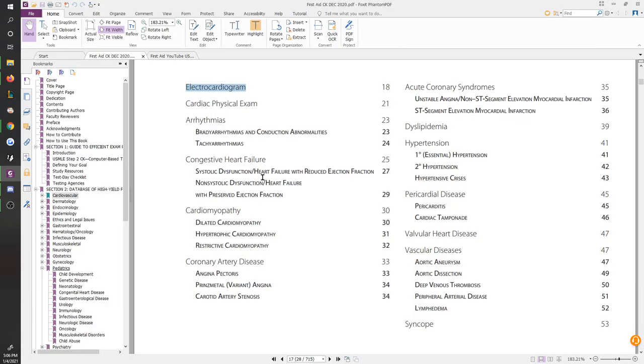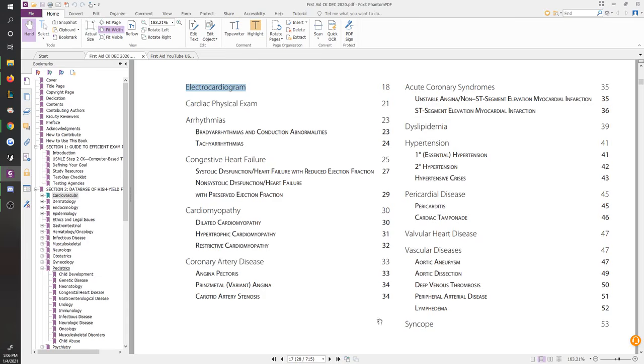Most step 1 students that I've ever worked with, I've never had one that actually confidently told me they know how to evaluate an ECG, they know how to work with one and figure out exactly what's wrong or have a top 3 options on what's possibly wrong with the patient that comes in upon being given their ECG. So you have to know the ECG extremely well when it comes to CK.